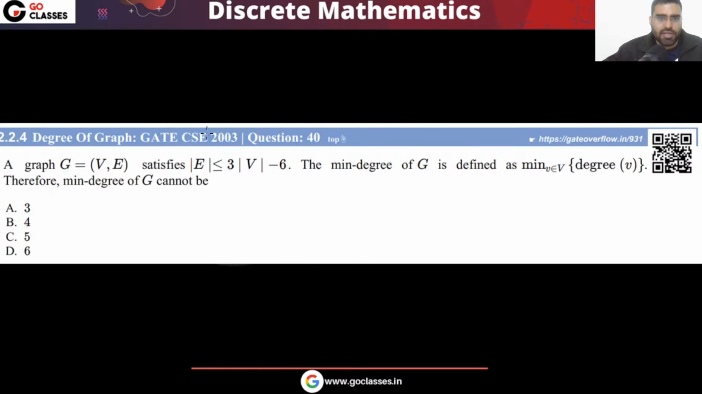Now let's see this GATE 2003 question. Can you solve it? Can you try this question? Before you try this question, let me ask you some simple points. You tell me,